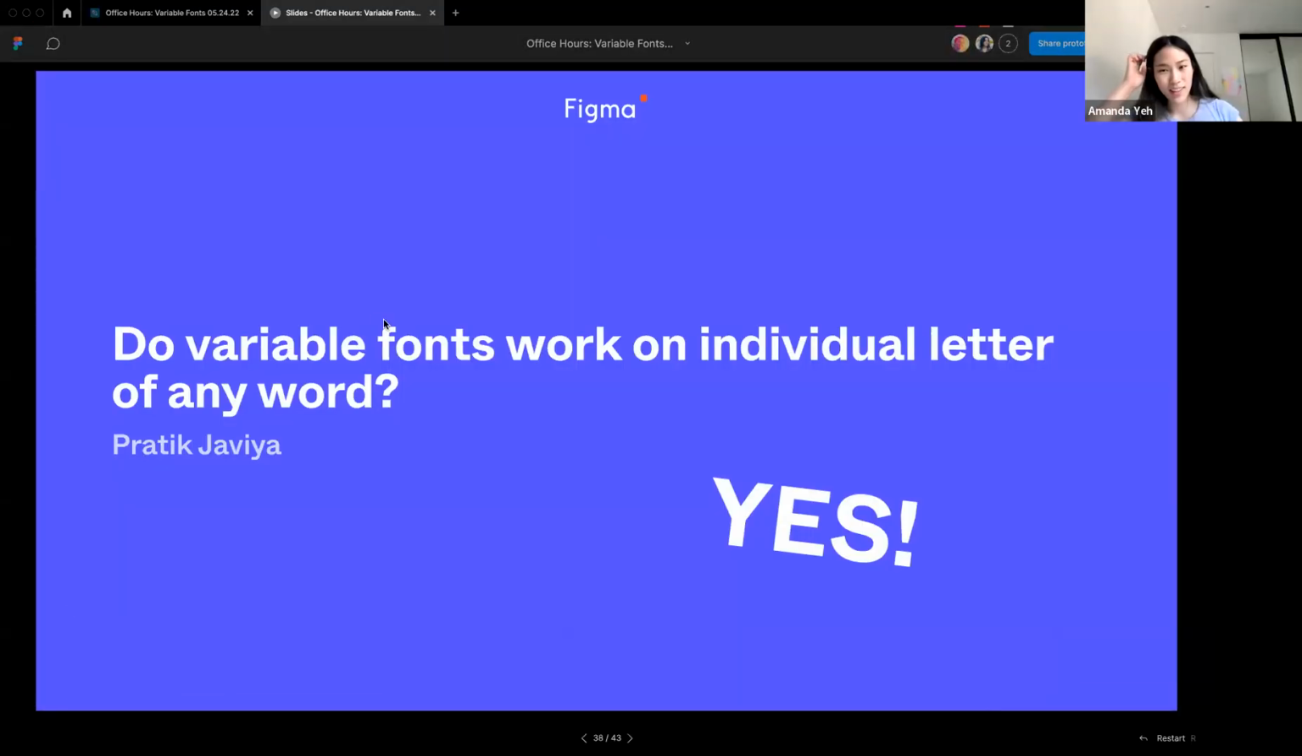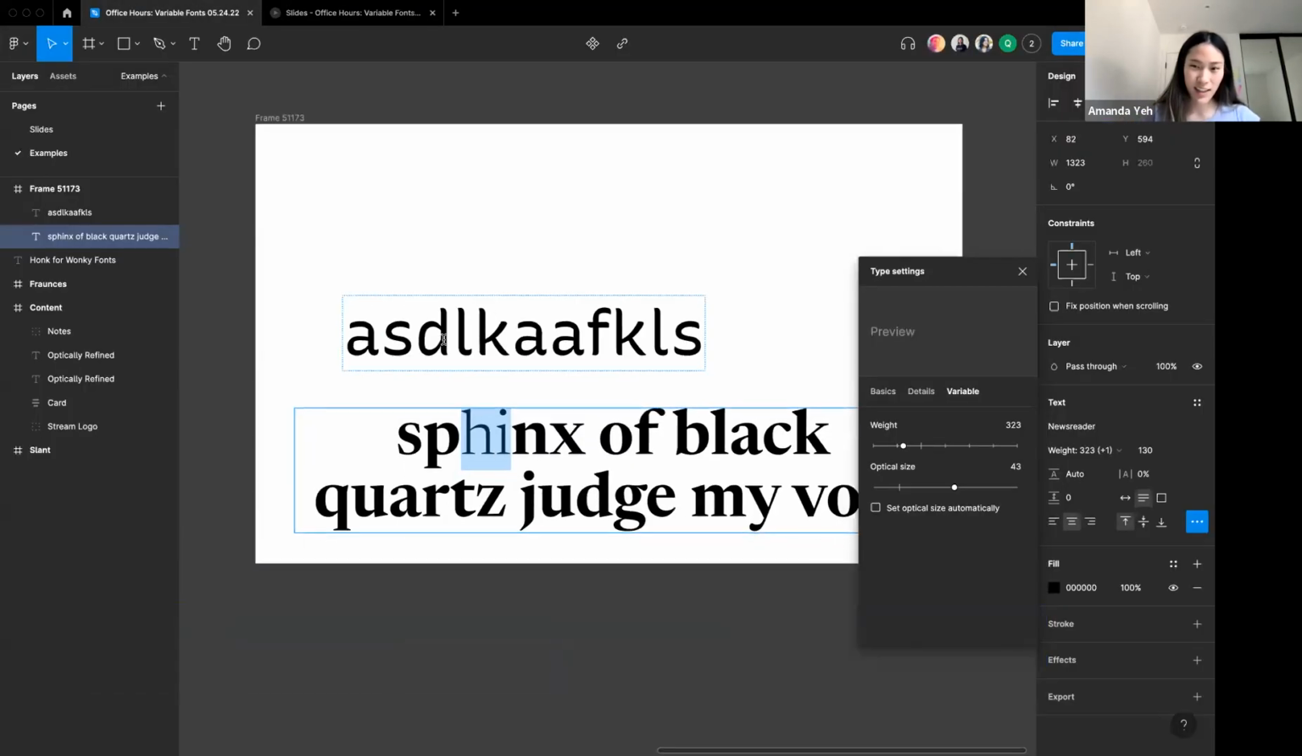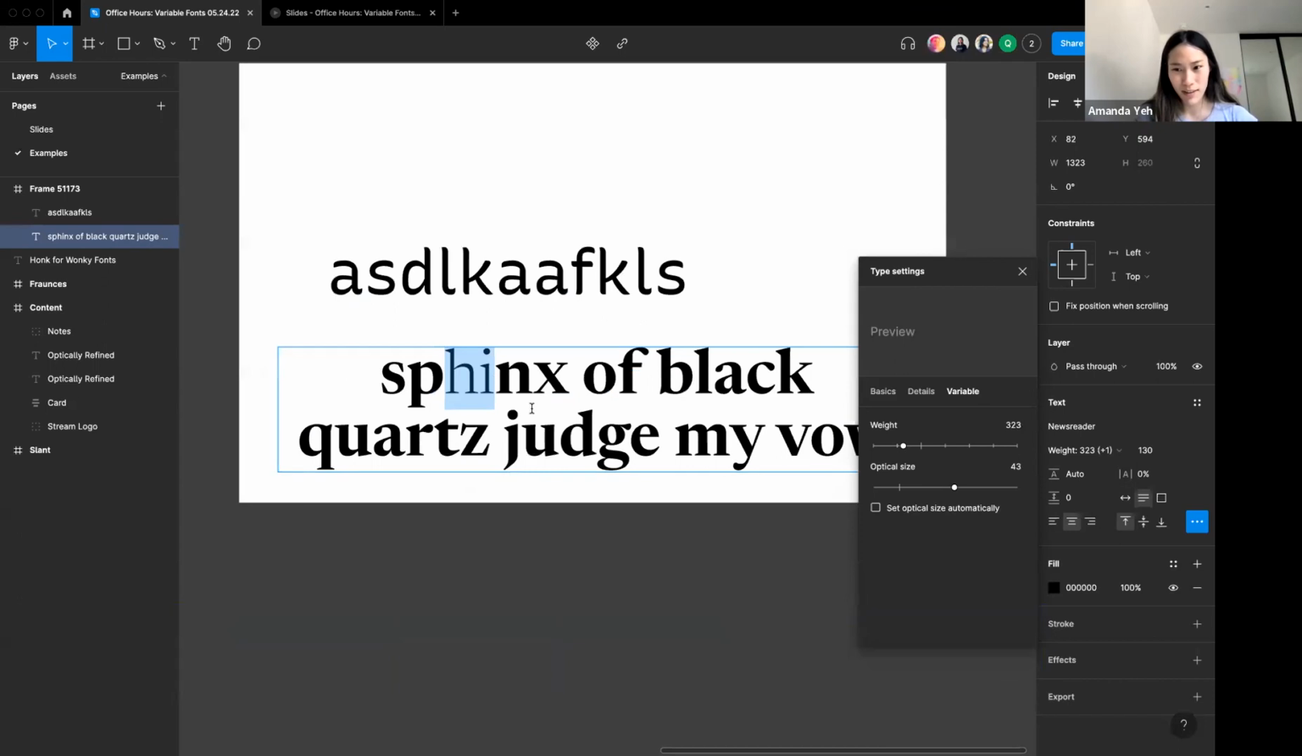Can I add something to that? Yeah, of course. So for some axes, the type designer actually specifies exactly what letters they want to impact. So for fonts, for instance,